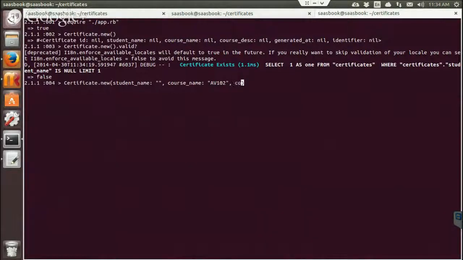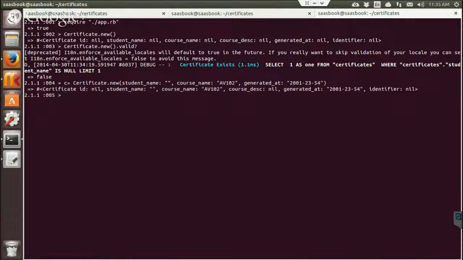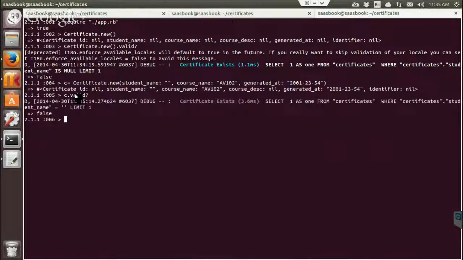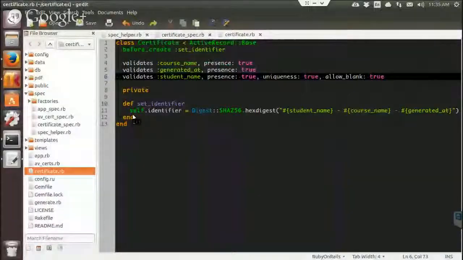To make it go through the controller. No, it shouldn't be valid, but still. I guess the problem is here.